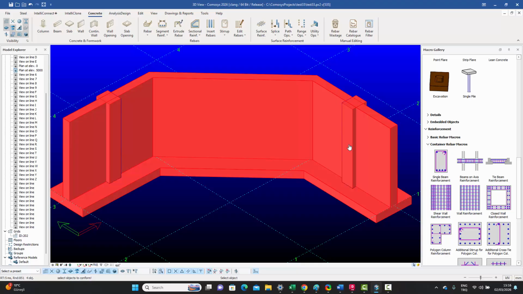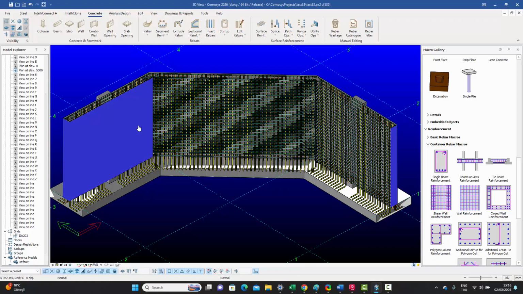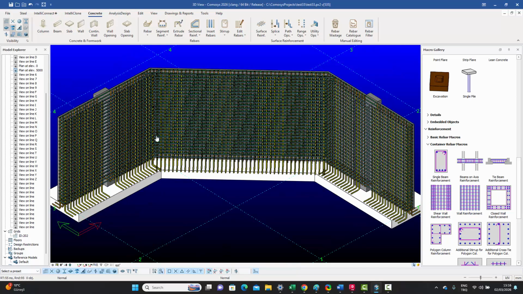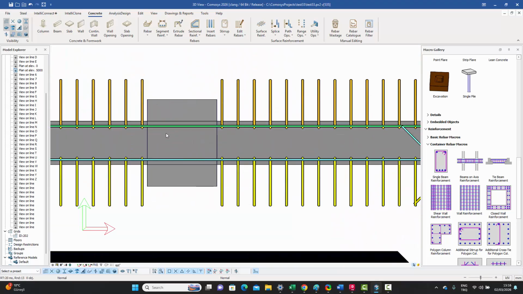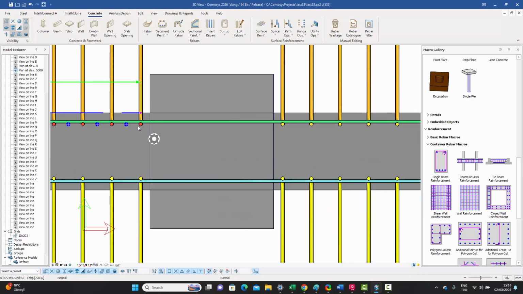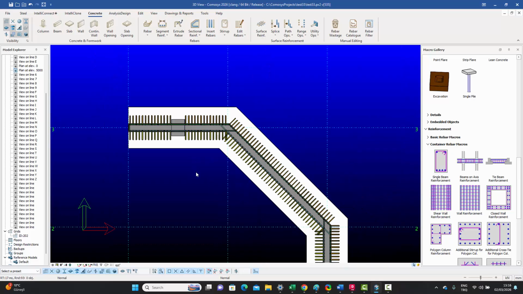selection of such objects. Now it's asking for the start surface, which we are now used to, the end surface over here, and then the inner surface, like that. And basically, if we just do a refresh, right click and say, we will see, if we look at it from the top, we will see that the wall vertical reinforcements are coming up to the column, and they have stopped short and they're continuing after the column, because what they're assuming is that you will now have